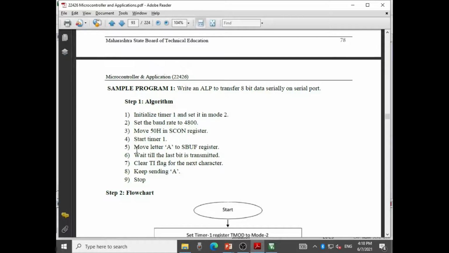Now what is the next thing that should be done? What data do I want to send or transmit? I want to send the capital A outside the microcontroller through the TXD pin. In order to transmit the data serially, we should load that data in the SBUF register. Which data is to be loaded? The capital A is to be loaded in the SBUF register.